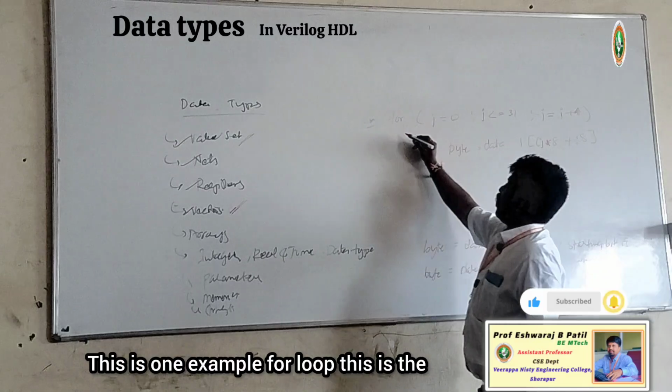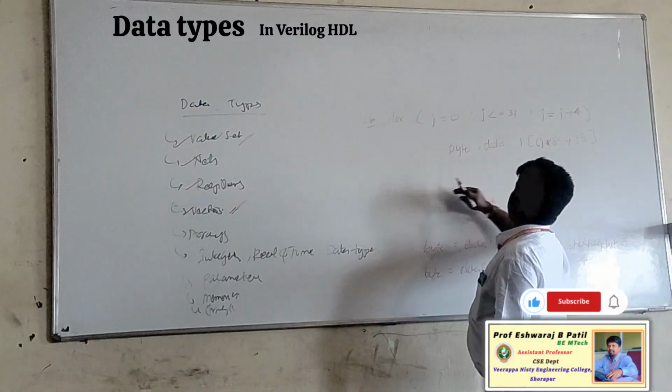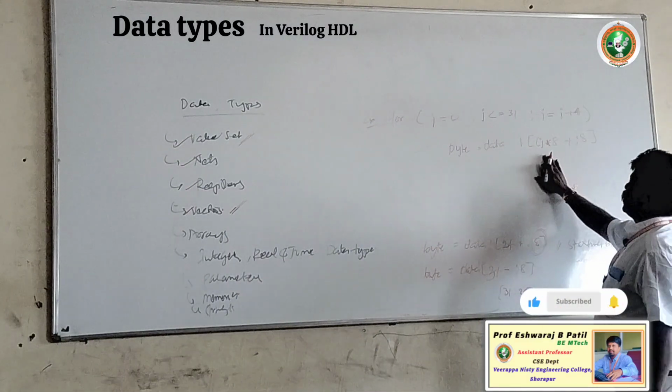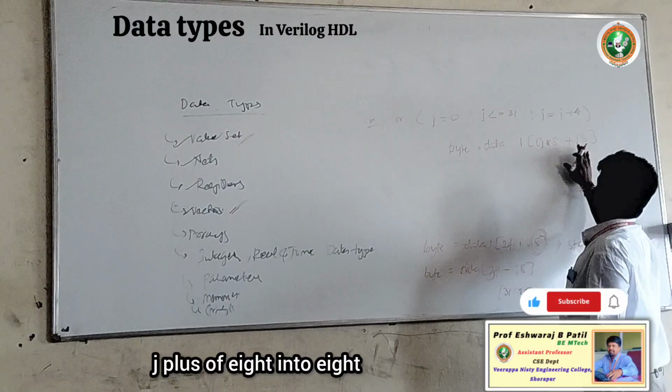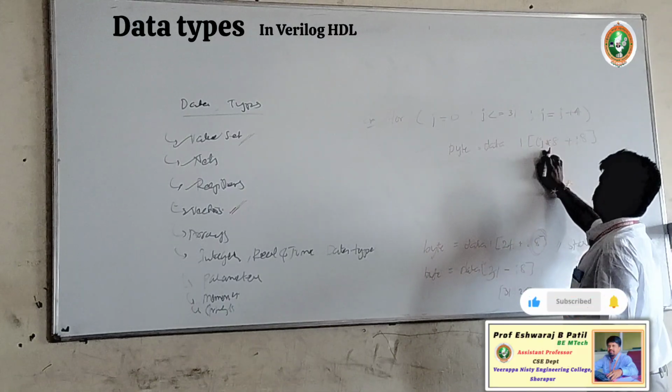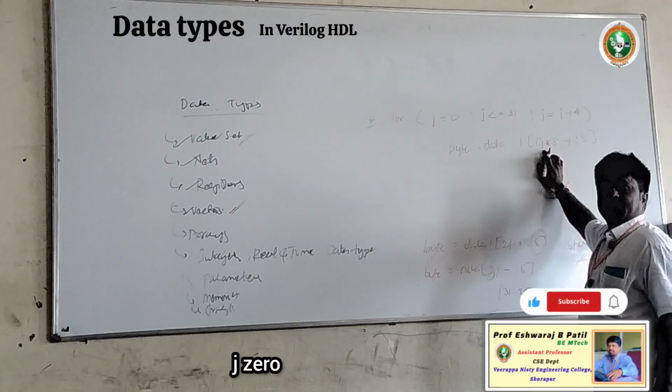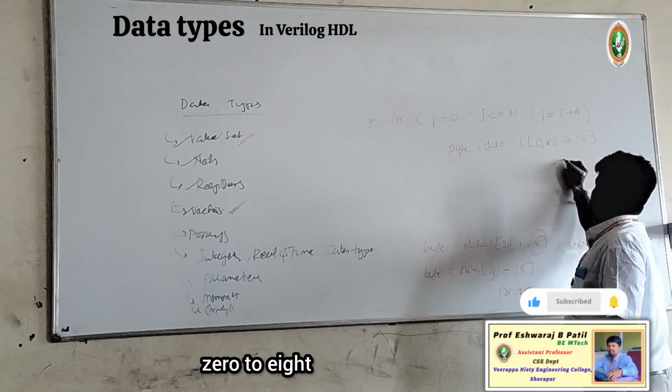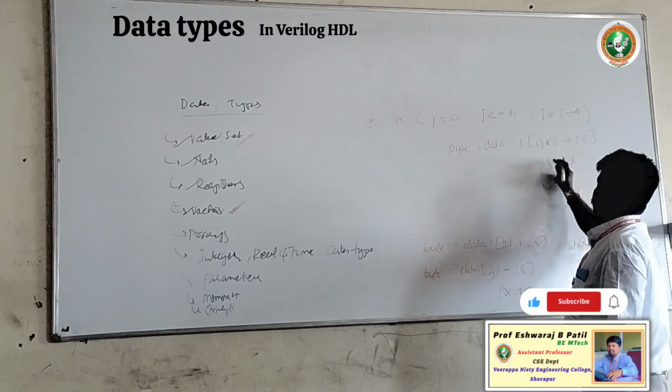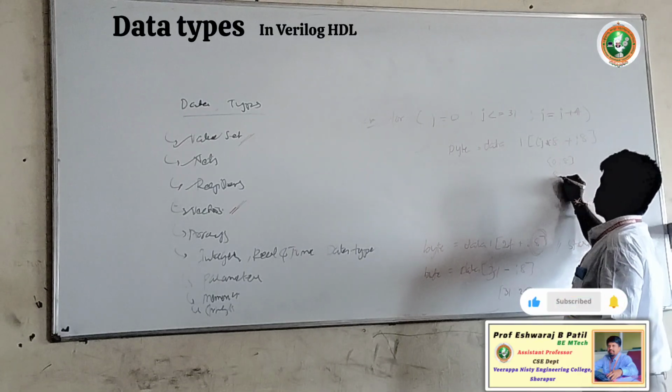This is one example, we use a name for the for loop. This is another example we'll be using. What is the output of this one? J plus 8, increment 8. If we put j as 0, what does it become? 0 raised to 8. When j is 1, what happens? 8 raised to